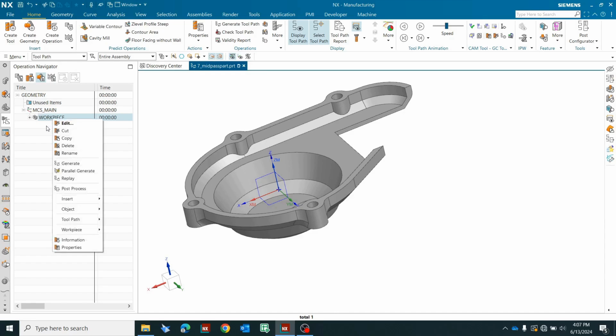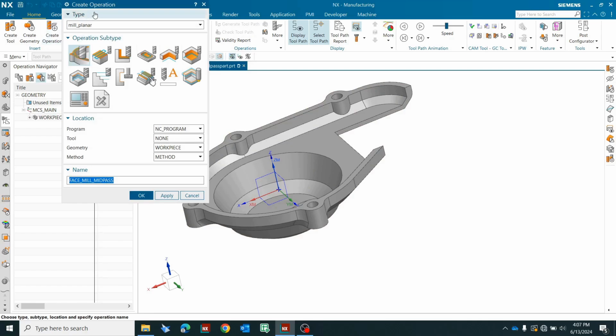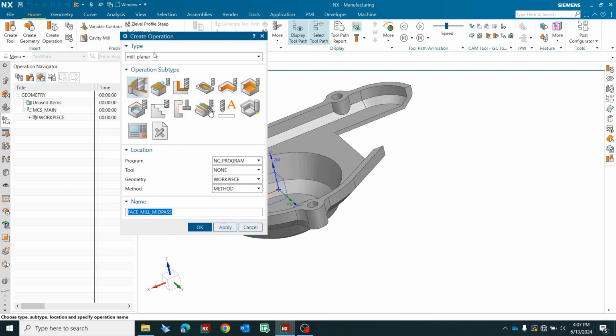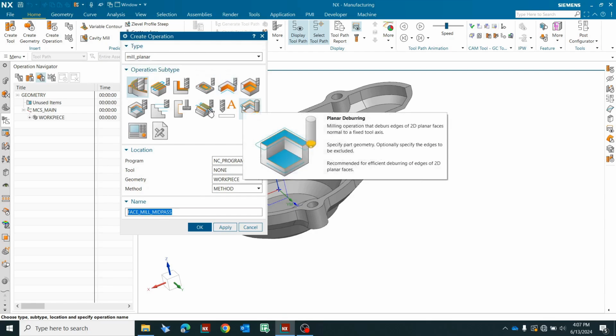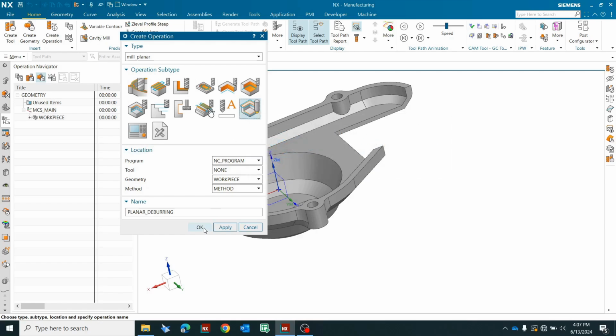I am inserting an operation. You may insert by right clicking here and going to insert operation, otherwise click on workpiece and go for create operation in the ribbon bar. Once you click that, it will show you a pop-up window where create operation is shown, and in that you specifically need to select the mill planar type. In that you may find this particular planar deburring operation over here. Select that. When you say OK,